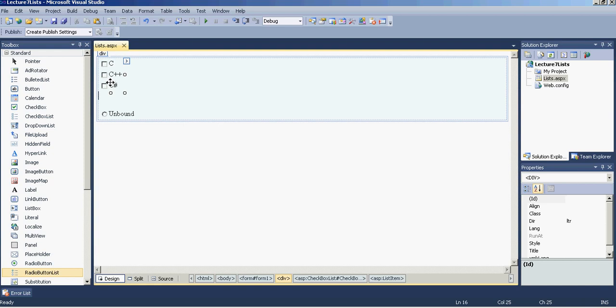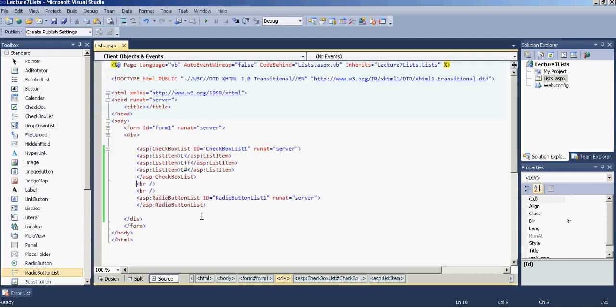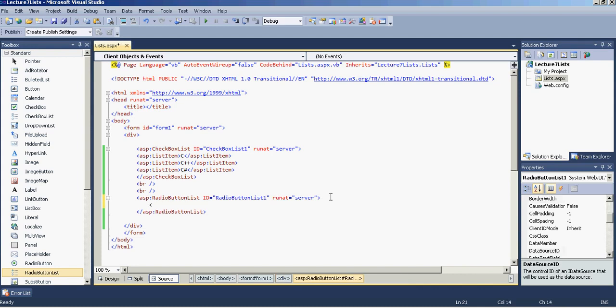So you have checkboxes where you can select multiple, and it's quite easy, especially when you will be using database. This is going to be very useful. Same thing we can do with radio button lists. So I'll do that over here. Let's say C, and I'll do the copy paste one more time.